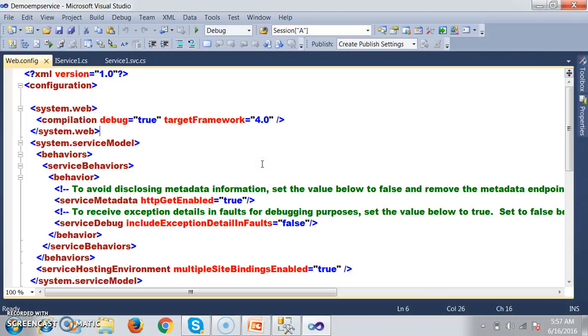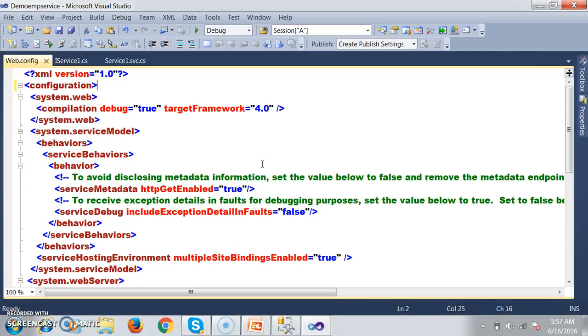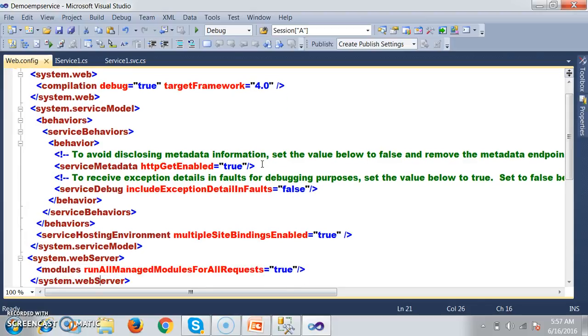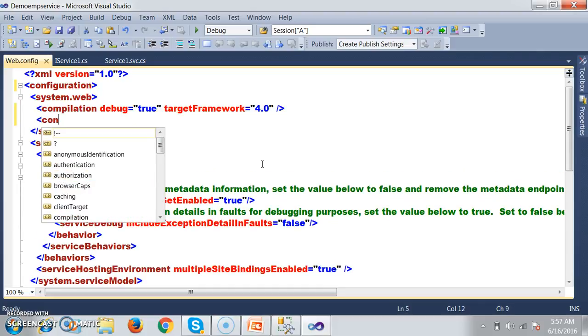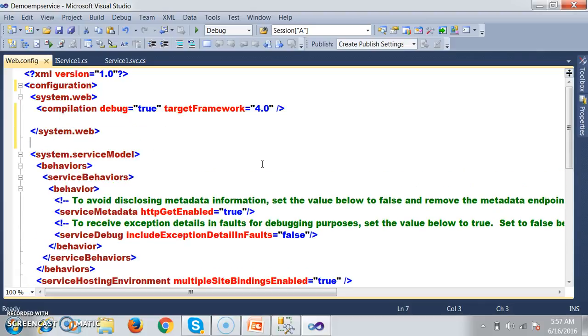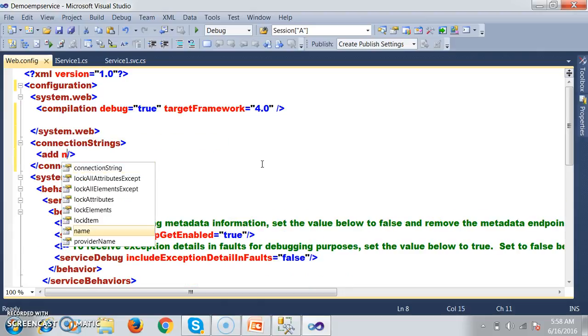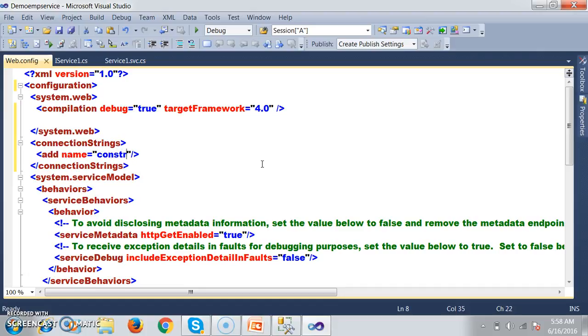So web.config file is an XML file which is used to maintain the connection strings globally, session state modes globally, etc. Here within this web.config file, I will declare one tag called connection strings. After system.web, I will open the tag connectionStrings. Here I will write add name equals constr, and here I will mention the connection string: user ID equals SA, password equals ABC,